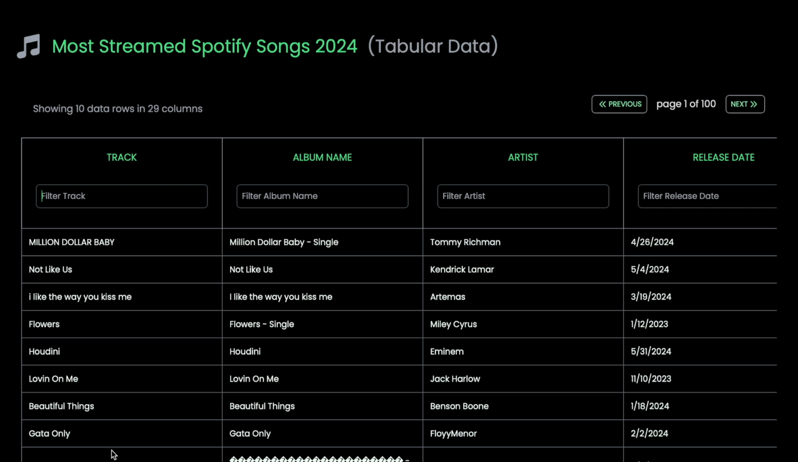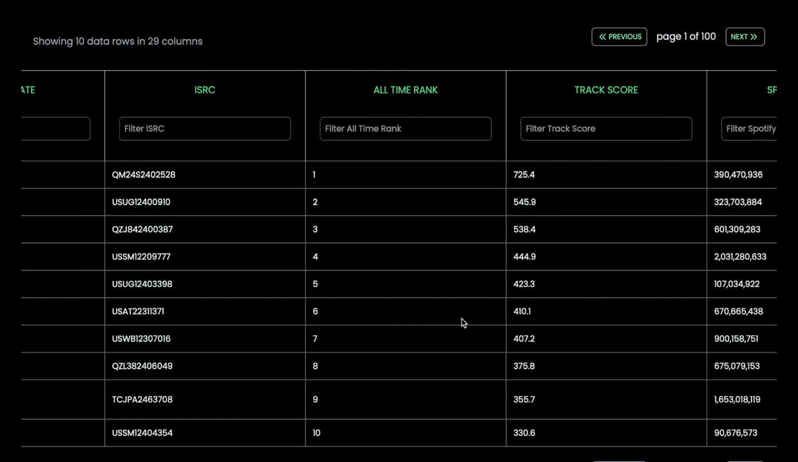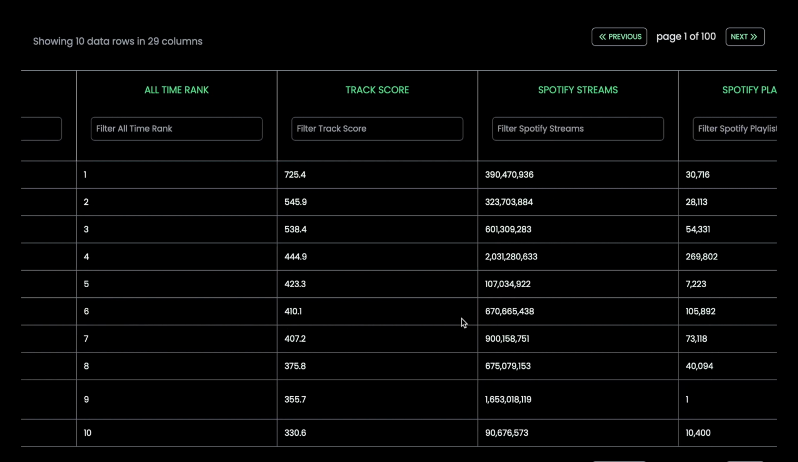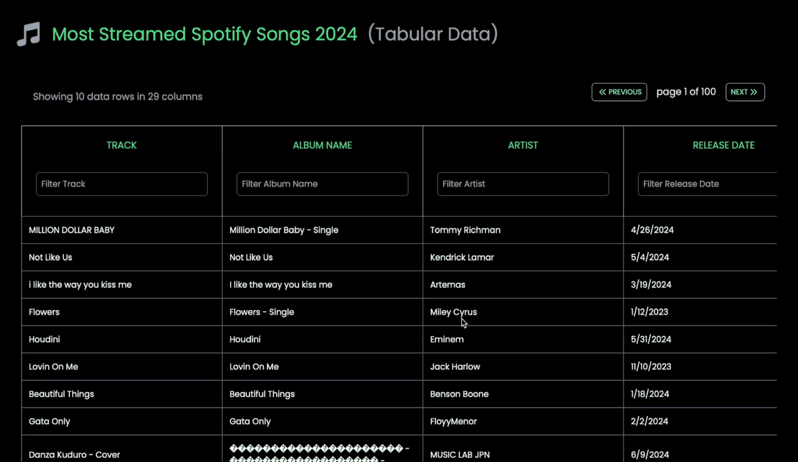This is Annie here, and today's project, as you can see, we are going to display the most streamed Spotify songs 2024. The main goal of this project is to show this data in a tabular format and search a song applying multiple filters. As you can see, there are almost 29 columns here, and in each column, there is a filter option. So to search a particular data, we can actually add many filters together and search a particular